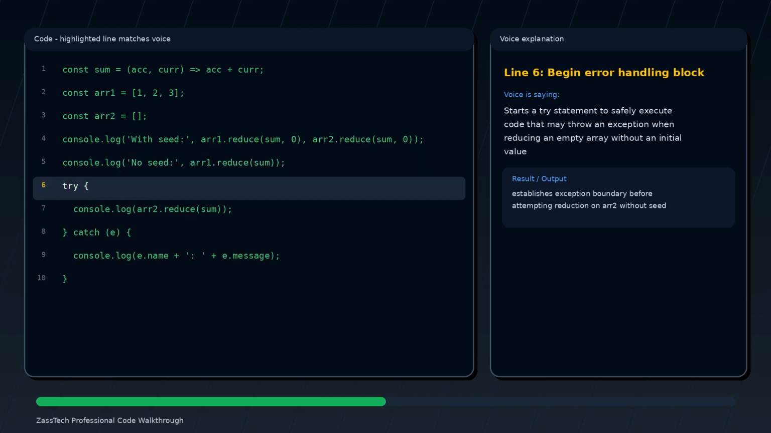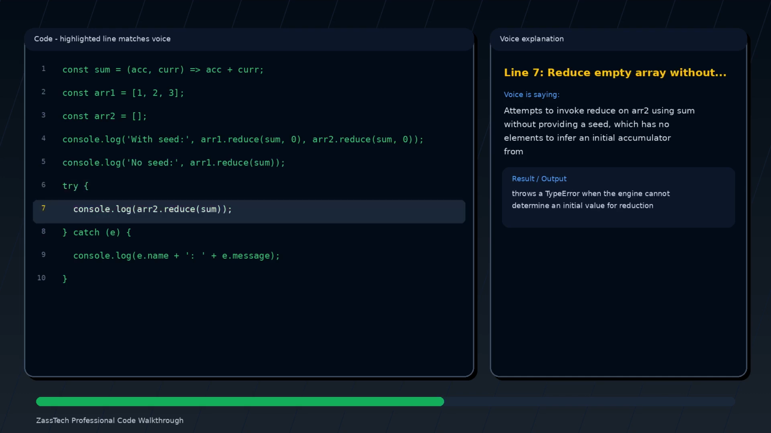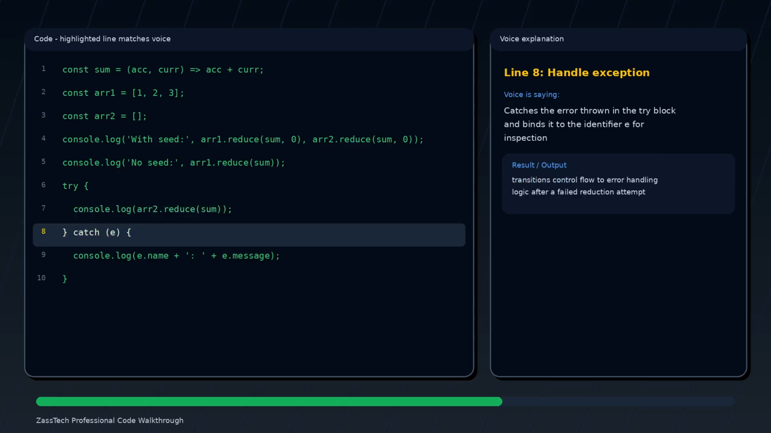Starts a try statement to safely execute code that may throw an exception when reducing an empty array without an initial value. Attempts to invoke reduce on ARR2 using sum without providing a seed, which has no elements to infer an initial accumulator from. Catches the error thrown in the try block and binds it to the identifier E for